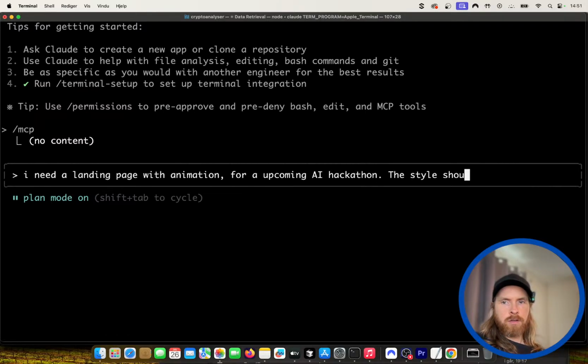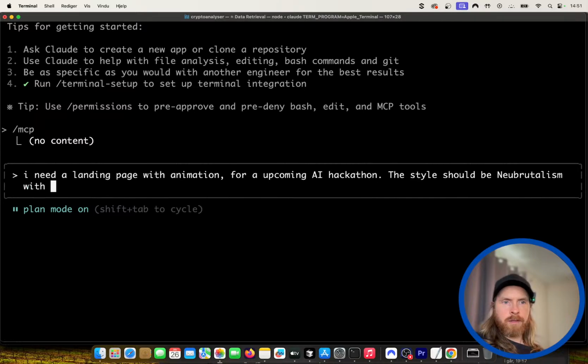The style should be with a hacker team, something like this. I never do UIs. I just wanted to see what we can get here from Claude Code.